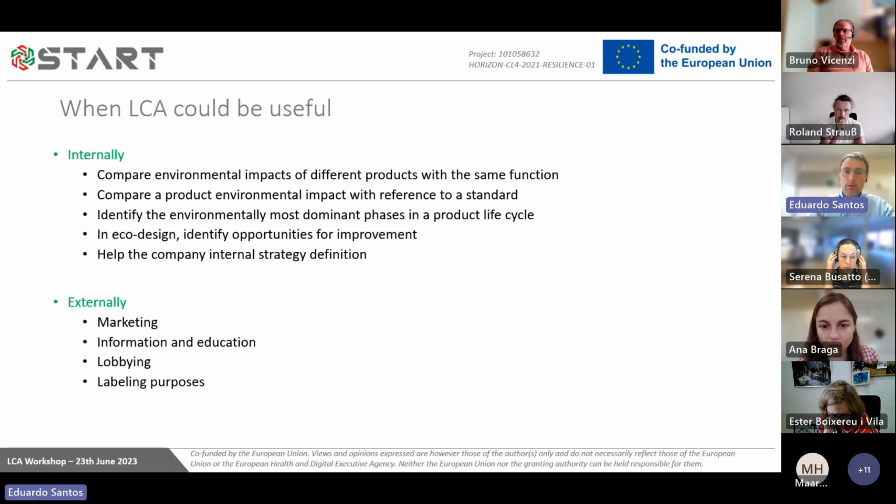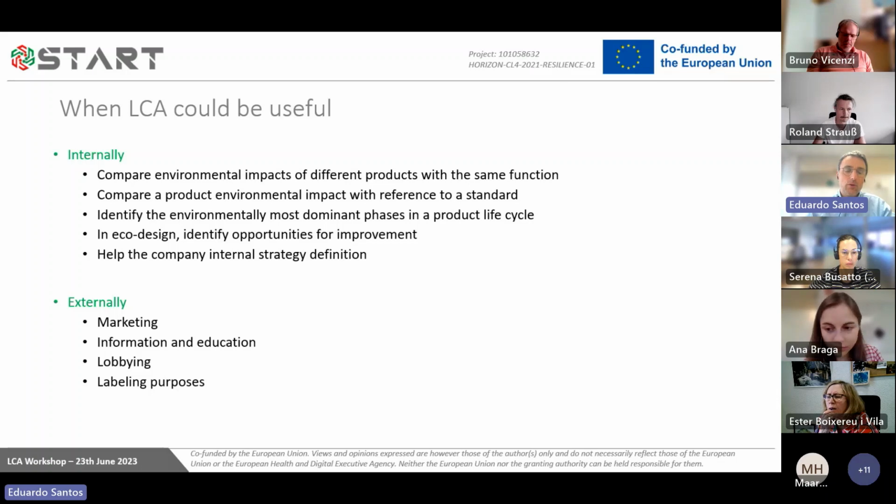When can LCA be useful? And this is very important. It goes back to the initial slide that I showed about the different tools. And the LCA, of course, is not the holy grail for the environmental assessment, because it cannot provide all the answers, unlike ChatGPT. But LCA is more